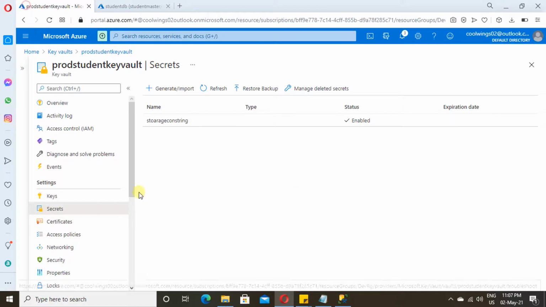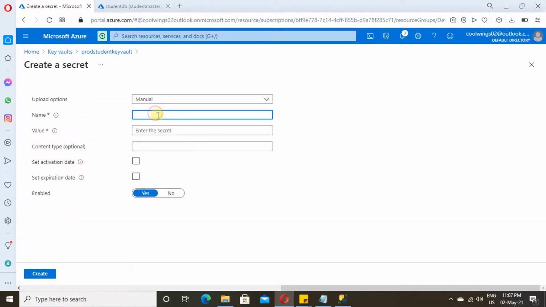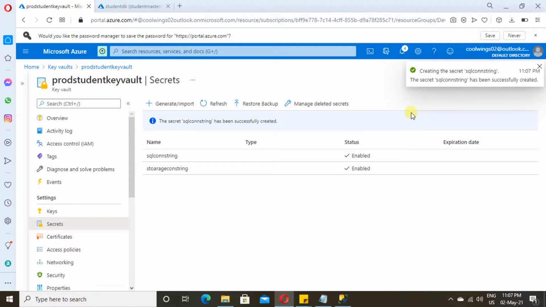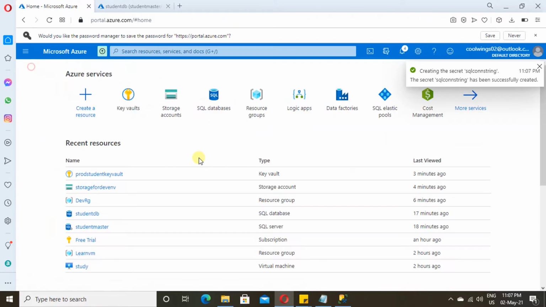Now we are going to save it as a secret in Key Vault. We follow the same steps as we did earlier. I'm going to provide a name for our SQL DB connection string. With this only I will be able to access this connection string. I'm just creating it. Now we have created two connection strings, one for the storage account and another for the SQL DB. In the next video we are going to use these in Azure Data Factory, and with that video you should be able to understand how you can use Key Vault in a programmatic way.